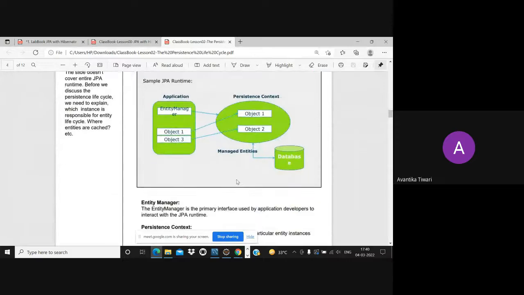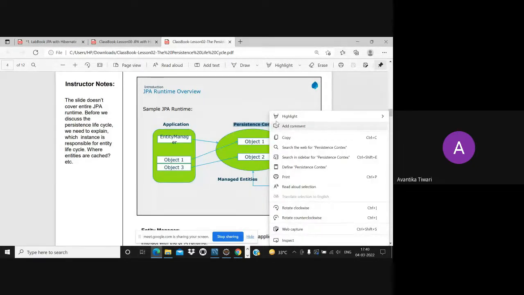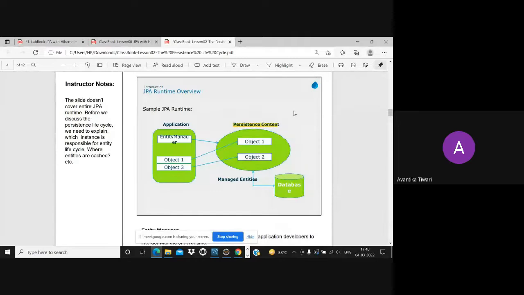Can anybody tell me what is persistence context? Yes. Persistence context is a memory space where all CRUD operations are performed before storing into the database. Okay.